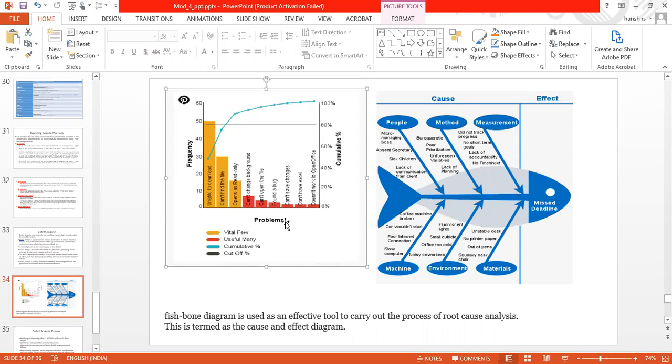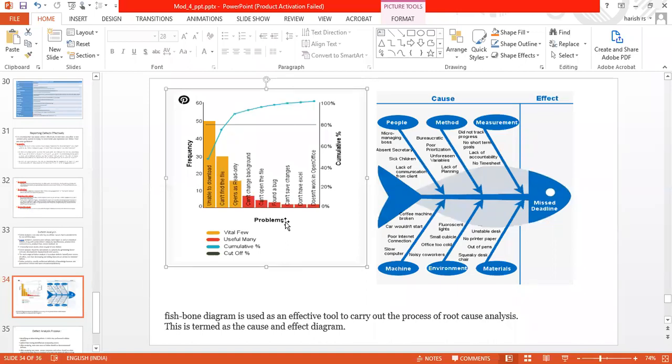One of those techniques, which we are going to see in detail from tomorrow's classes, is the fishbone technique. The fishbone technique is the most efficient tool to analyze and tell the root cause of a defect. What we are learning is defect analysis. So one of the processes to find the defect analysis is the fishbone technique. Fishbone is a very efficient one.